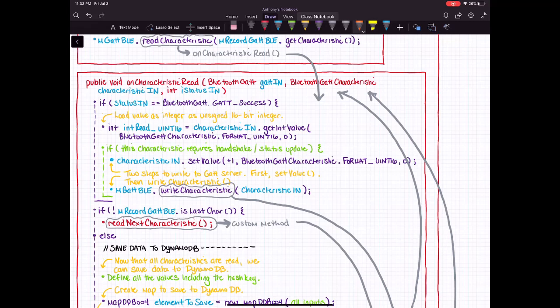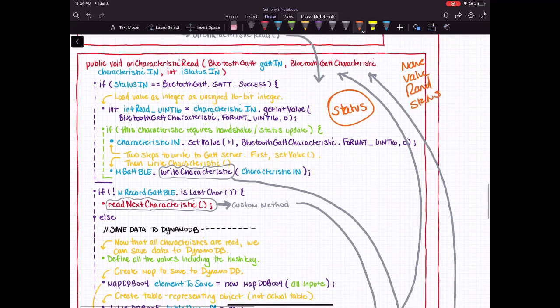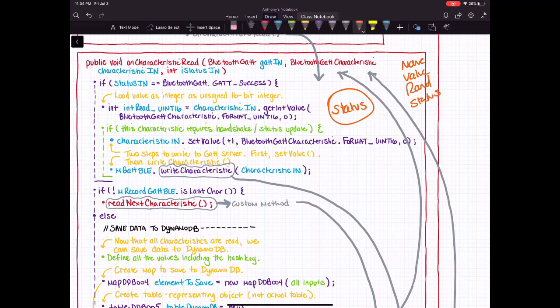If the status is success, then we load the value as an unsigned 16-bit integer. You can see right here, int read, which is unsigned 16, characteristic in, get the integer value. We format it appropriately, and that gives us the value. Now, if this characteristic requires a handshake or a status update, we do that. Essentially, there's only one that requires that, and that's the one that's of type status. We talked about that. There was the name, there was the value, there was the random ID, and then there was the status. So if this is the status characteristic we're talking about, then we'll set a value of +1 to that